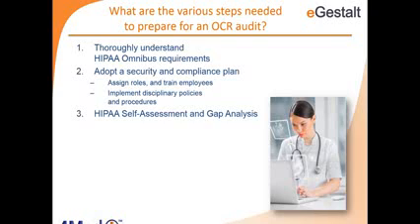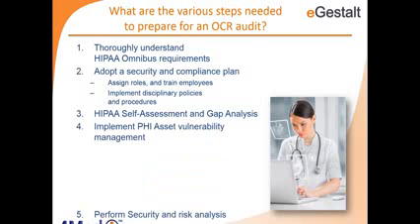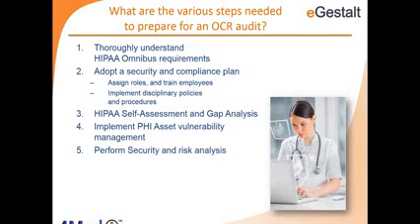The next step then is to do the baselining, which is to do a self-assessment and gap analysis to figure out how far apart the business is today vis-a-vis the HIPAA Omnibus requirements, and that is done by doing self-assessment and vulnerability scanning for all the PHI assets that I talked about. This is part of security and risk analysis, where you ultimately come up with a risk exposure score that tells you how far apart you are from a gap perspective, and the risk analysis will tell you the relative prioritizations of the gaps that are found.